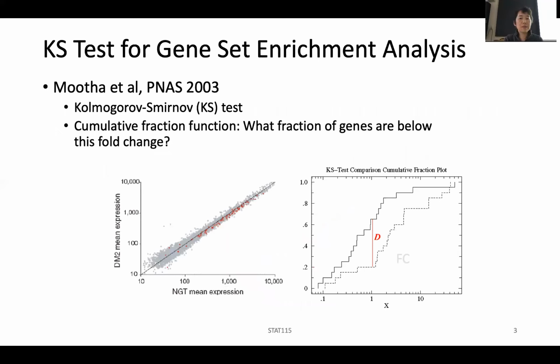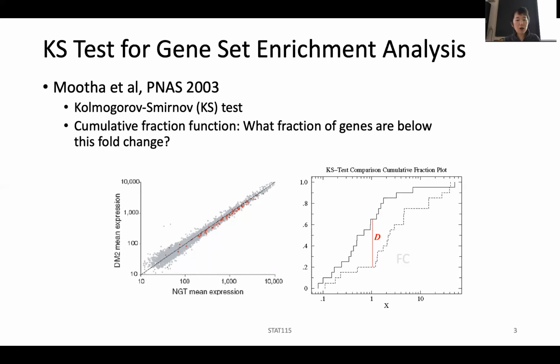To do something like this, in 2003, the original paper by Vamsi Mootha, who is now a faculty member at Harvard MGH, used the Kolmogorov-Smirnov test. This is a non-parametric test. After a differential expression analysis, instead of selecting a particular cutoff to say, I only want X number of genes differentially expressed at a certain fold change cutoff or at a certain FDR cutoff,